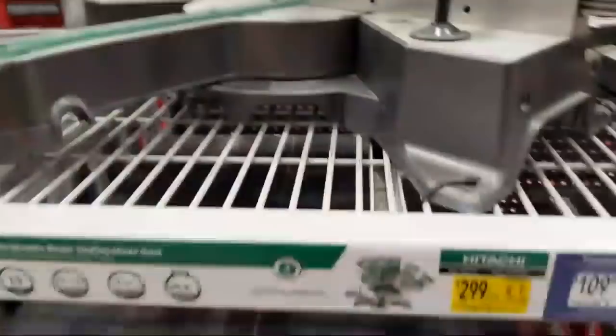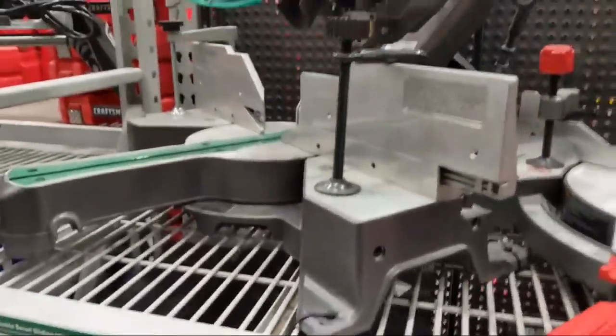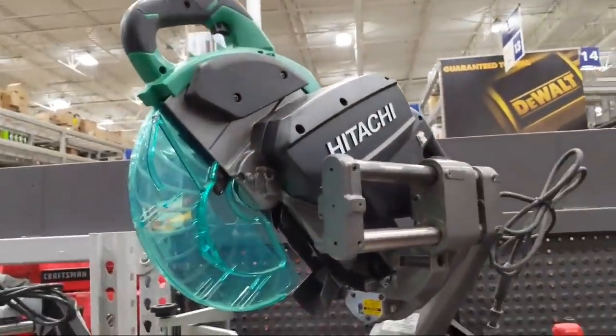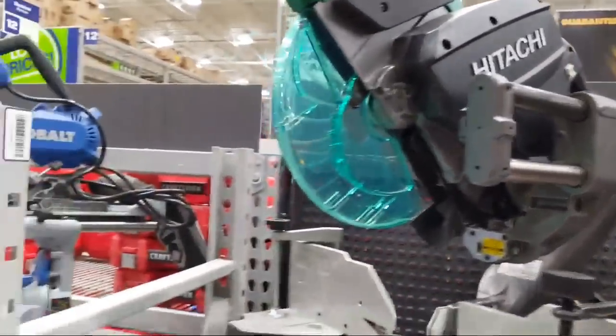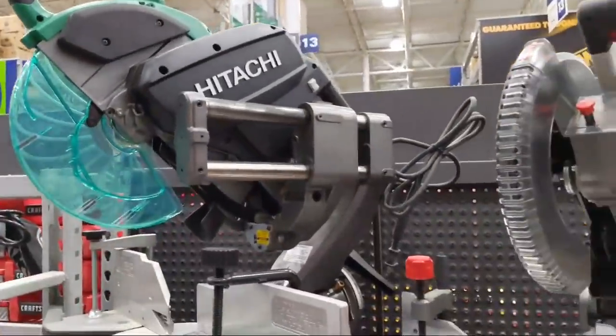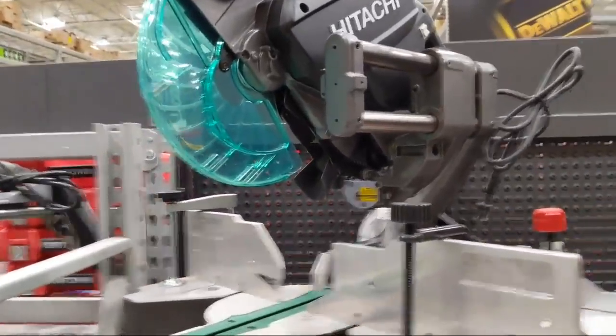Now, this is the deal. I mean, if you come to this store, Jeff Parker, I'm talking to you, do you prefer a 10-inch or a 12-inch? I gotta tell you, this is the deal. I like a 12-inch saw. I like a 7 1/4-inch saw. I like a 10-inch saw. I like them all. This is the deal. But if I had to,